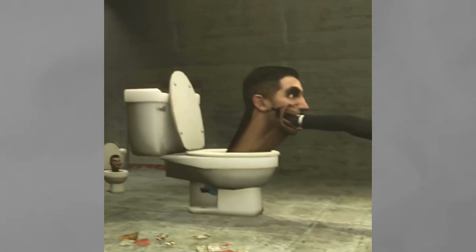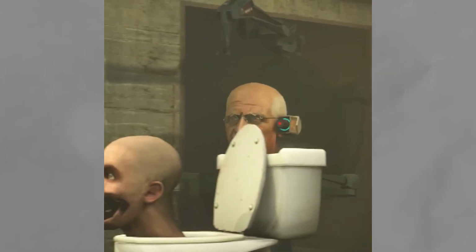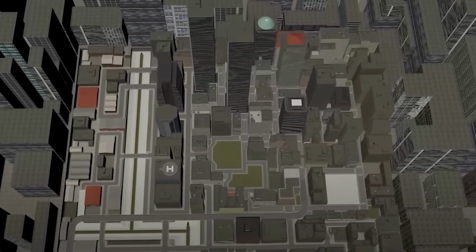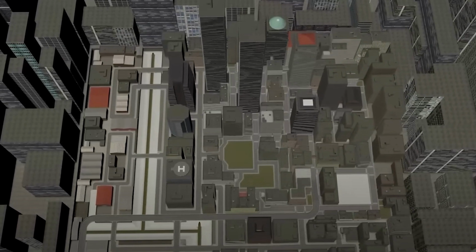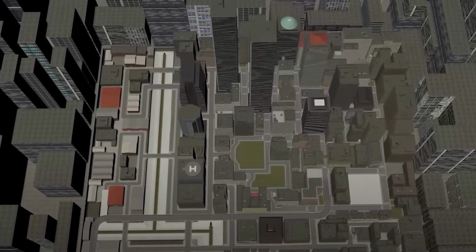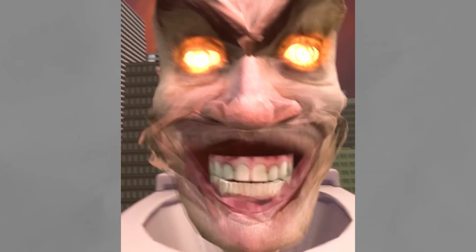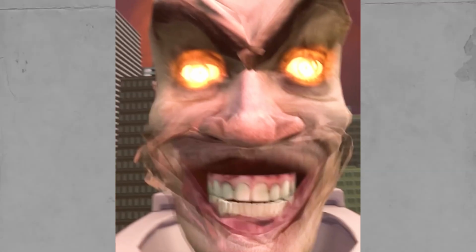But what does this episode specifically tell us? From the appearance of the building where the laboratory is located, I was able to determine its location in the city. It is in the western part of the city. This territory serves as the base for all Skibidi toilets, since if we look at the city from above, we can see that the western part is under full control of Skibidi toilets, while the eastern part is under the control of agents. G-Man tried to place this laboratory as far away from cameramen as possible, so that the new developments of Skibidi Toilet would be safe.